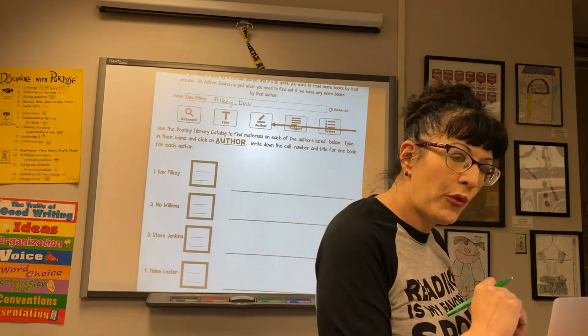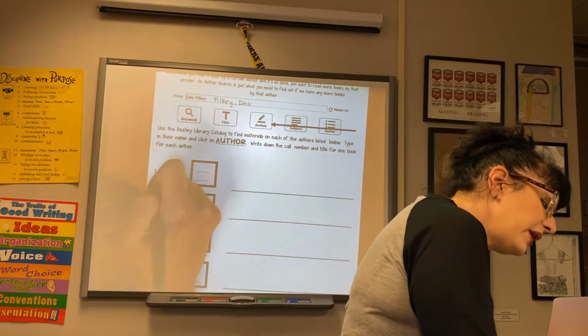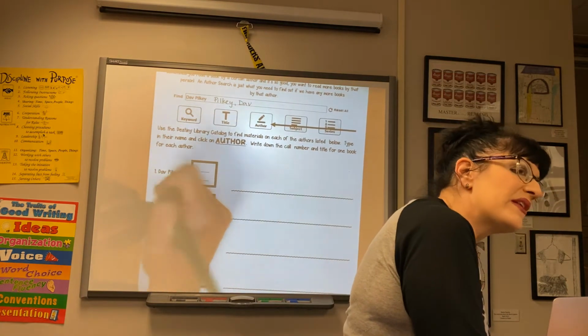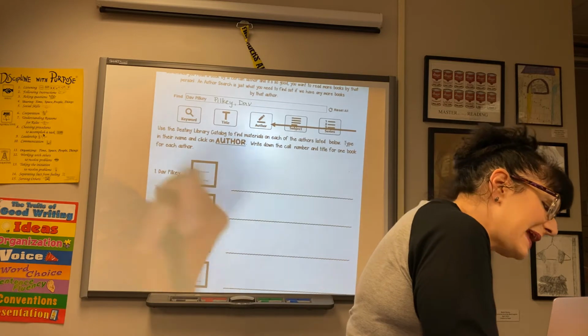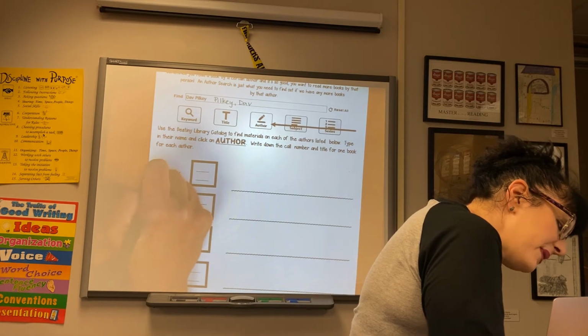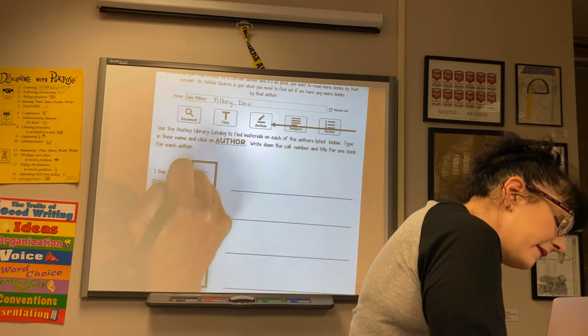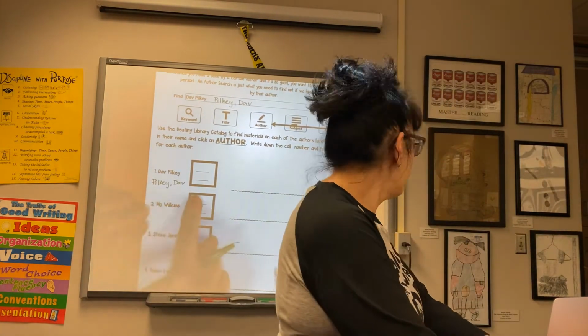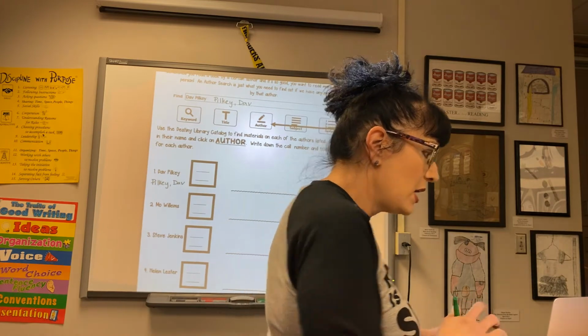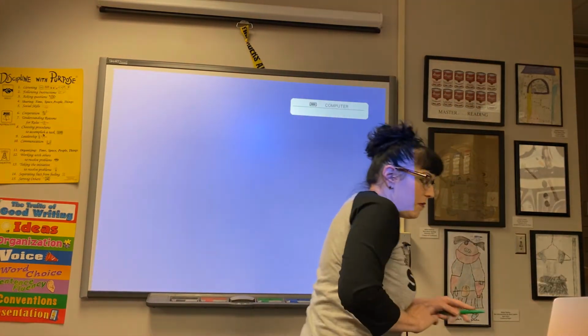So let's do that before we even start typing. So we are going to rewrite it because we always have to search with the last name first, comma, space, first name last. So Pilkey, P-I-L-K-E-Y, comma, Dav. So we remember that is how we search. So when we go to our card catalog,